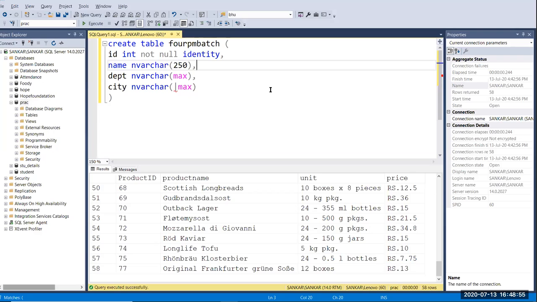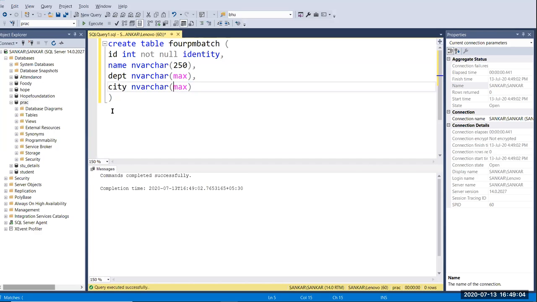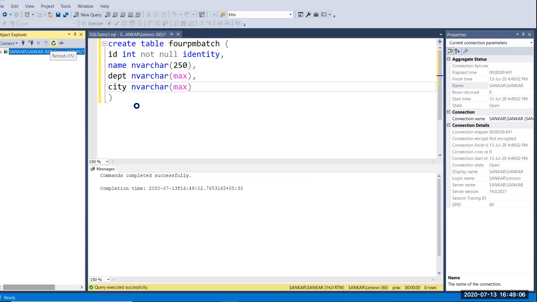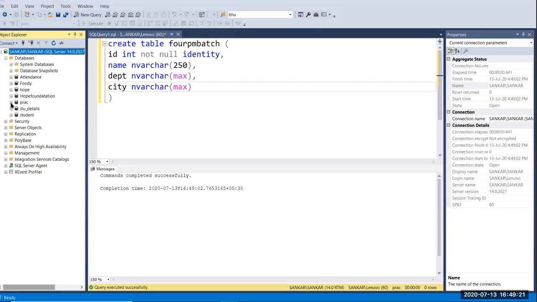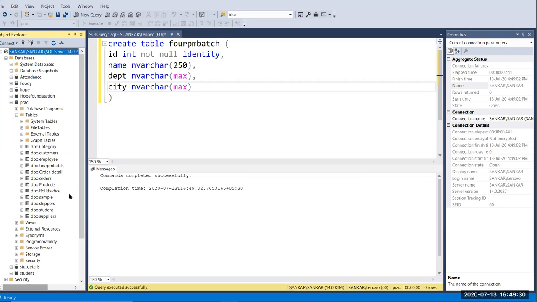So now I'm going to run this. There's incorrect syntax near, oh, here, yeah. So now the table has been created. Okay, so you have to click your server and refresh it. Then you go and click the plus mark on the database. After that, here PRSC, and in PRSC click tables, and here now the table has been created, right?